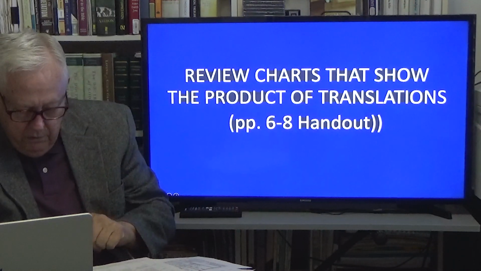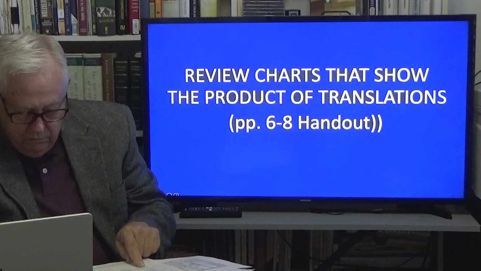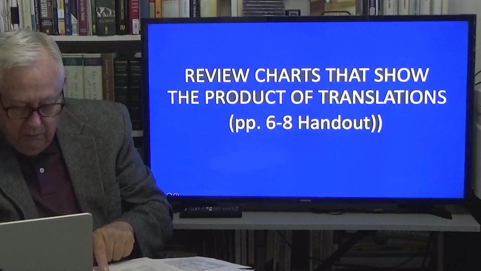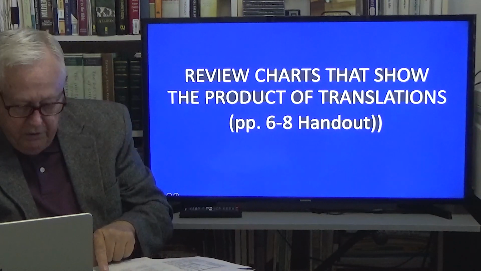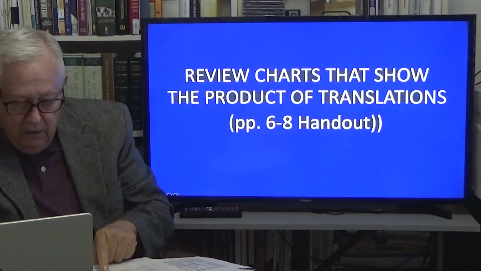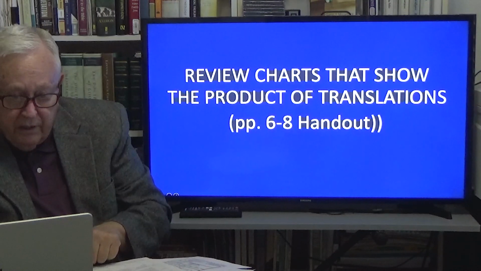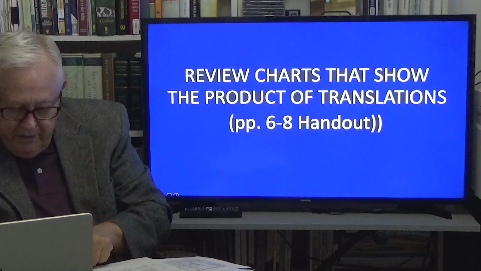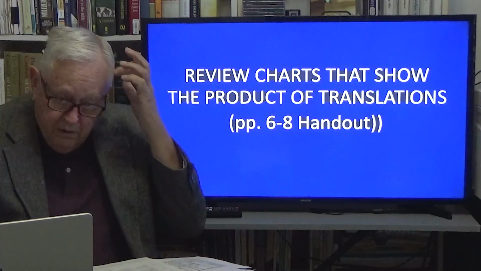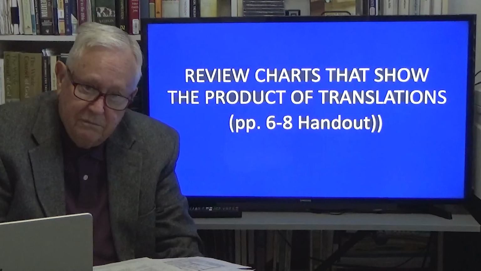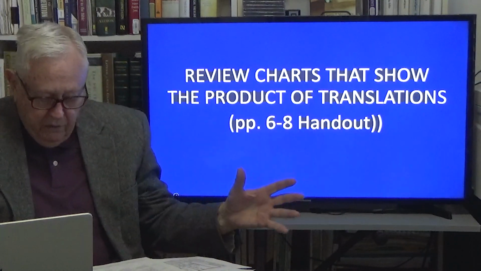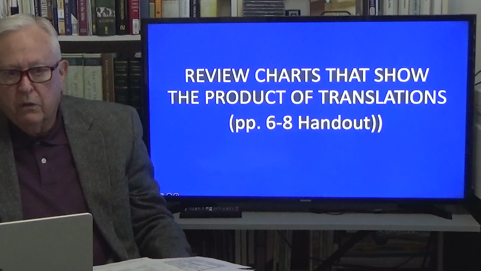Now wait a minute. Women and wives. Women and wives. Look at the NIV in the third column, which is the 1984 version. It uses the word wives. Look at the next column, which is the 2011 version. It uses the word women. And then the NLT uses the word wives. Listen, there's a big difference here. A big difference between wives, which is a more specific category, and women, which is a more general category.